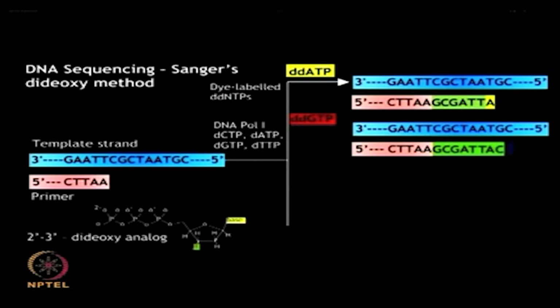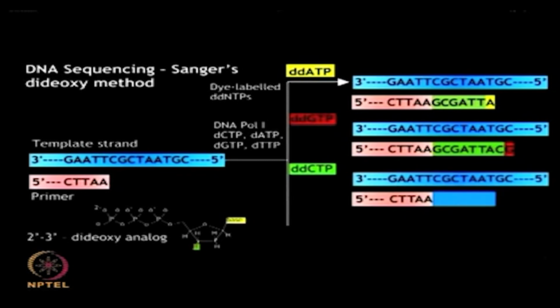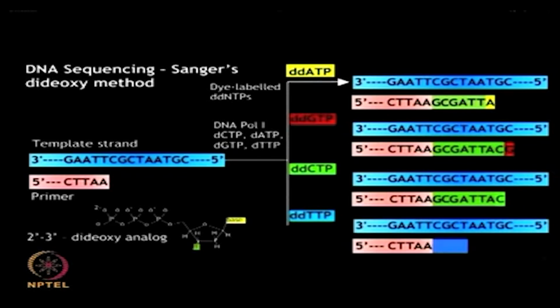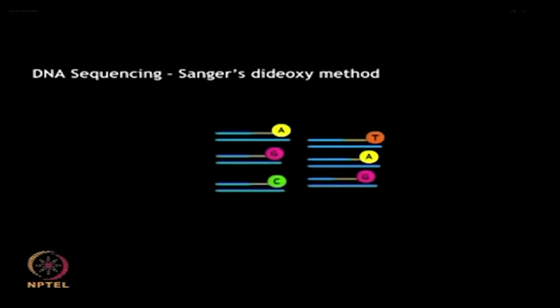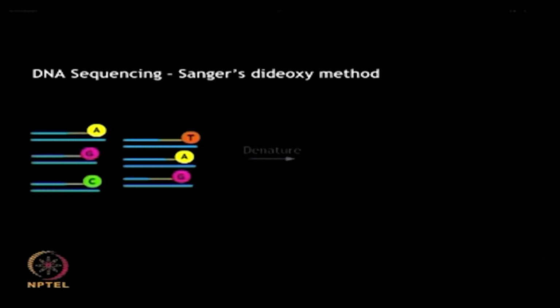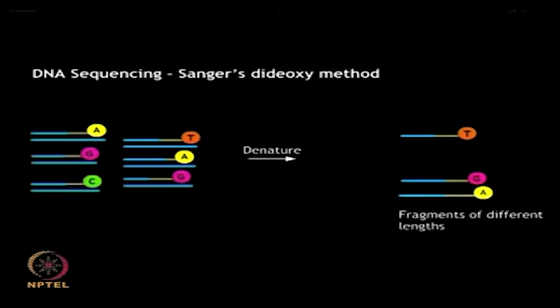A primer is added to begin the DNA synthesis and strand elongation continues until a dideoxy analog gets added instead of the regular dNTP. The chain termination occurs at this stage due to the absence of a 3' hydroxyl group for the formation of the next phosphodiester bond. The synthesized strands are separated from each other, after which the differentially labeled strands of various lengths